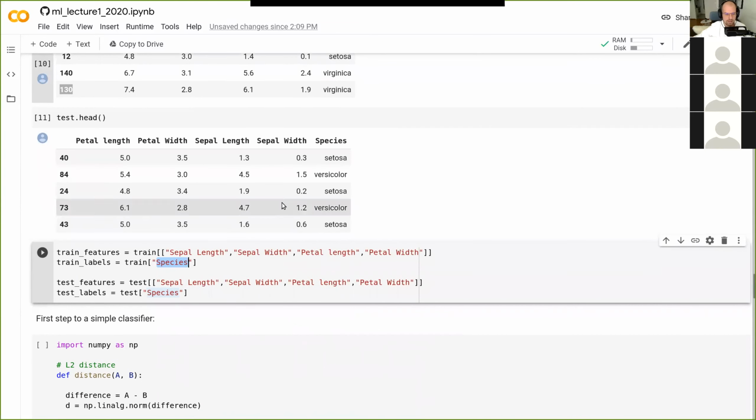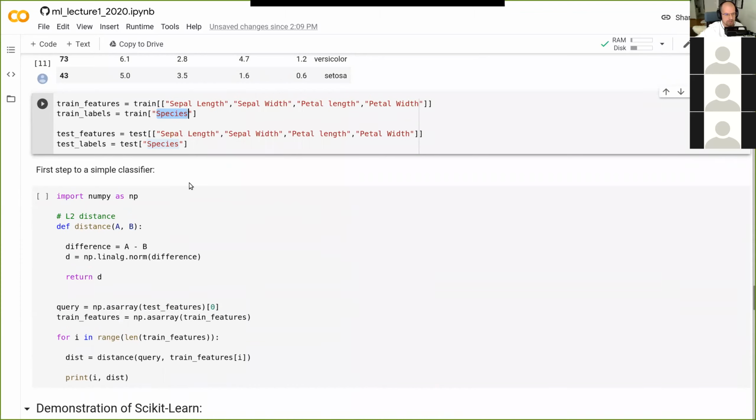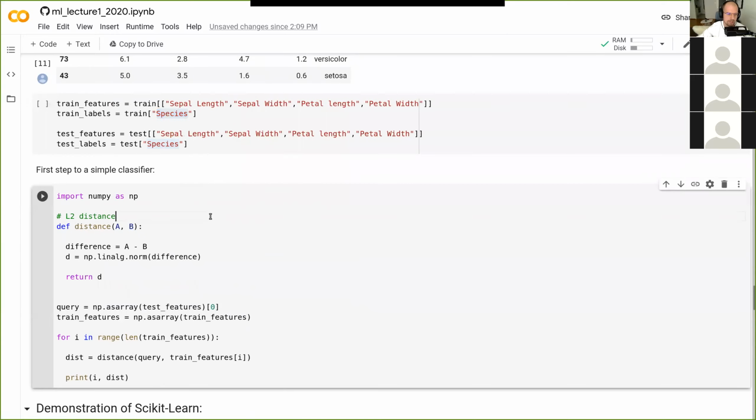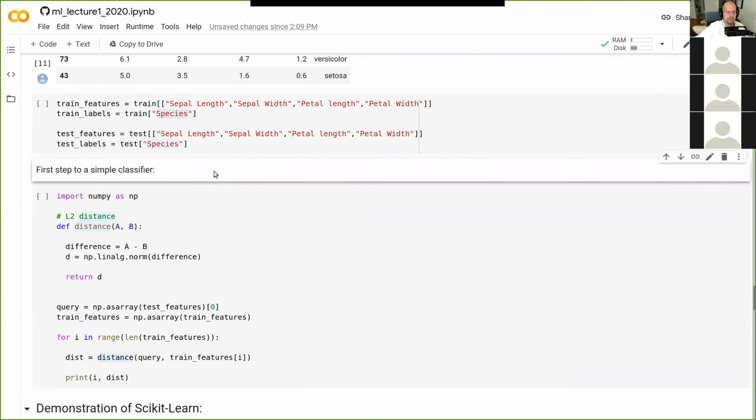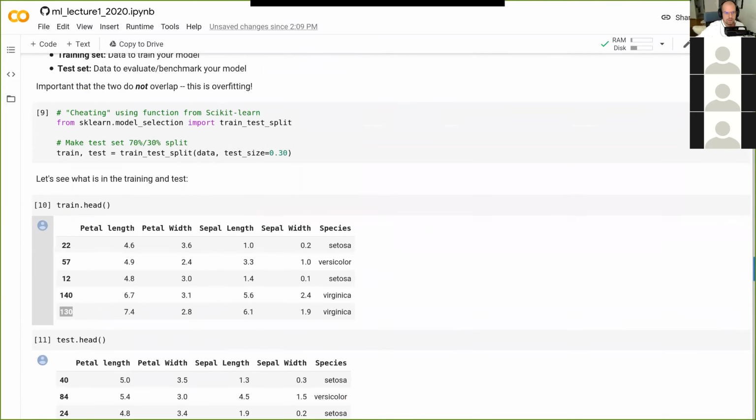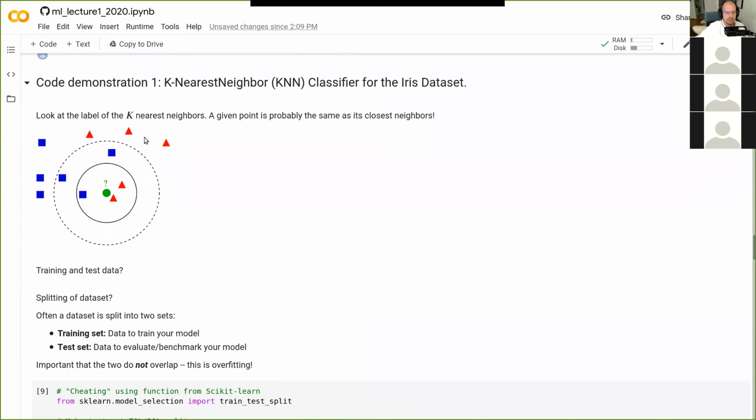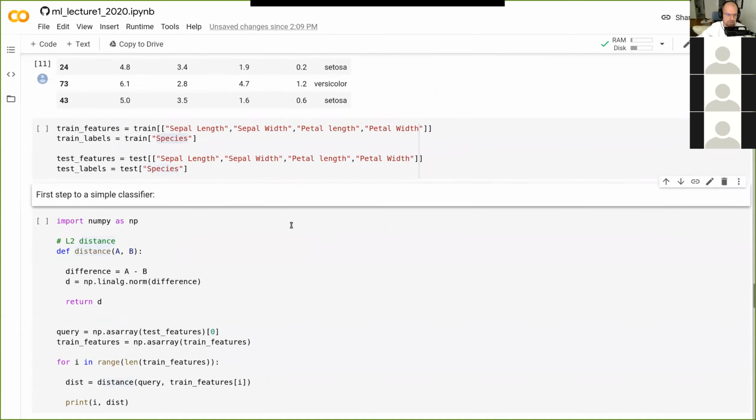Okay, so I'm going to code the first steps of our simple classifier in NumPy, and then I'm going to switch to scikit-learn to actually do the training, because it's much easier to do this using scikit-learn. I just told you that this is a k-nearest neighbor classifier, and to find out what a point belongs to, you have to calculate the distance to every point, and then take the closest neighbors and count those.